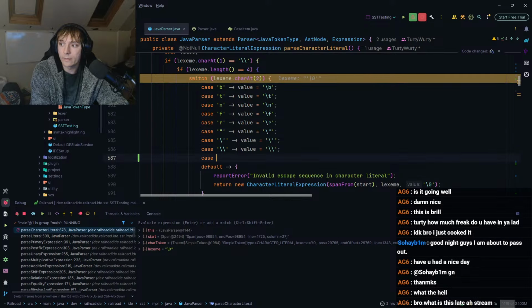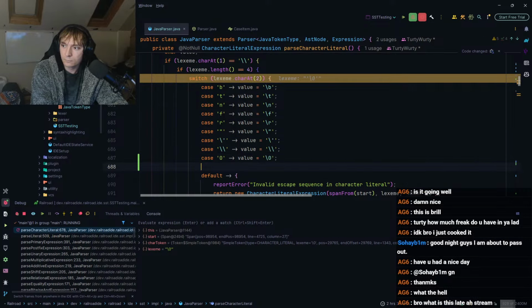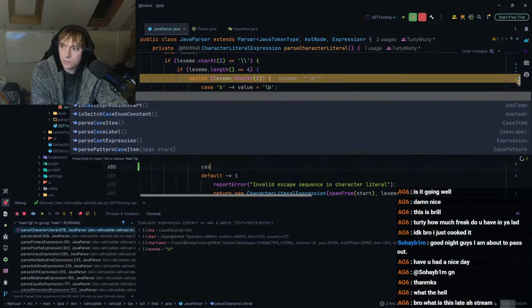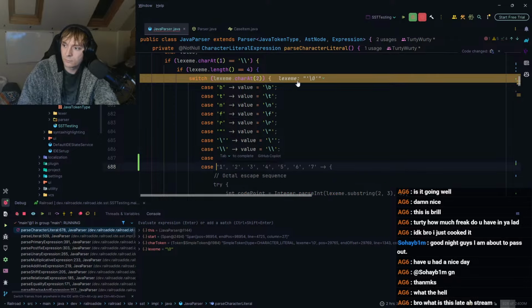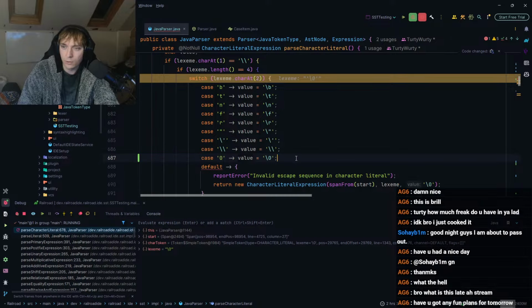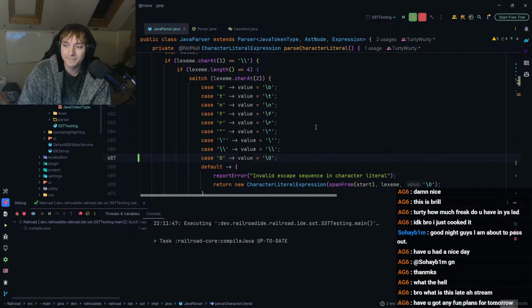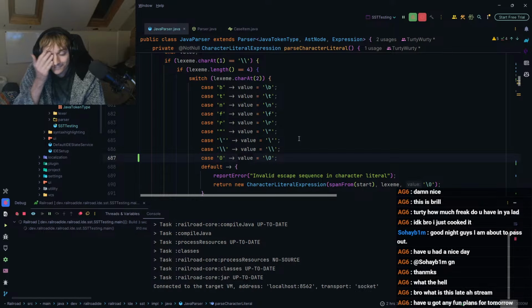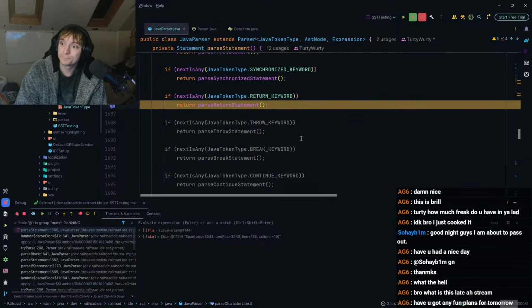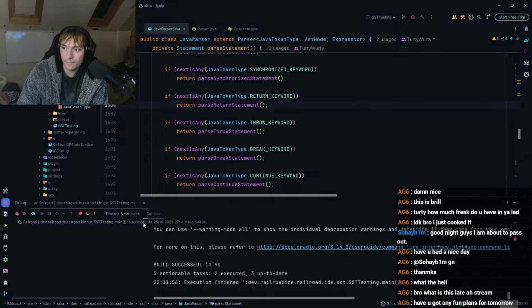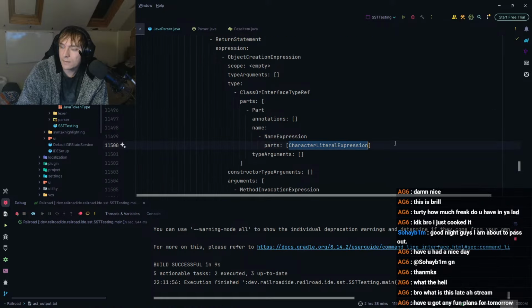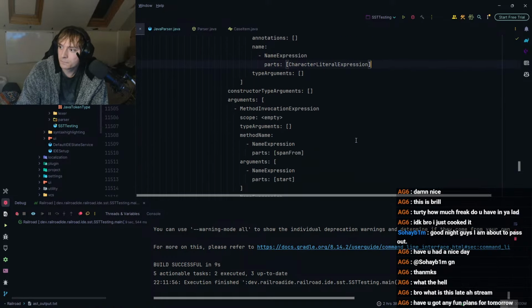That's why. Am I not handling anything else? No. That's why. All of that just because I wasn't handling null bytes. That's kind of crazy. So hopefully that gets us a little bit further.